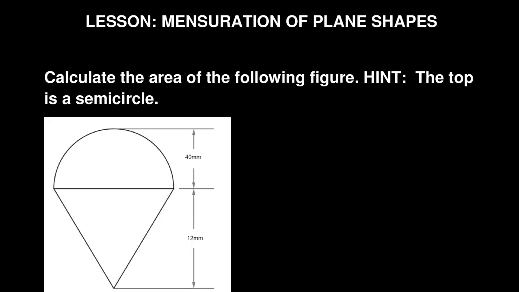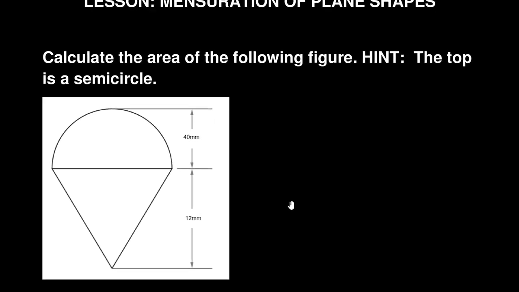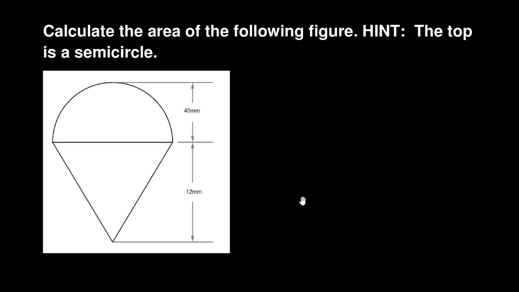Mensuration of plane shapes is one of the topics that in an exam can help you get quite a number of marks, because these questions are much simpler; it is usually the formula that you must just use. Sometimes the formulas are given, but sometimes you have to remember the formula, or it can be a question which has some mixed kind of shape, and if you analyze that particular question correctly, it can give you quite good marks in an exam. For example, this kind of question can be worth 6 marks in an exam, and it is not difficult but a matter of you being able to analyze it and